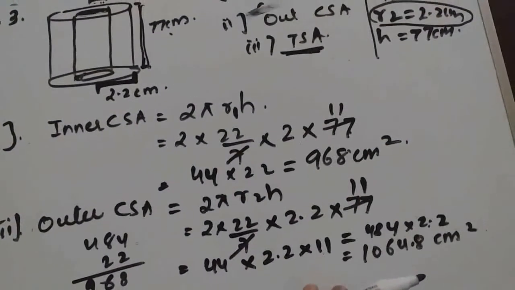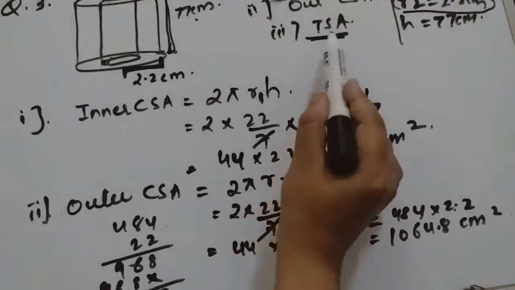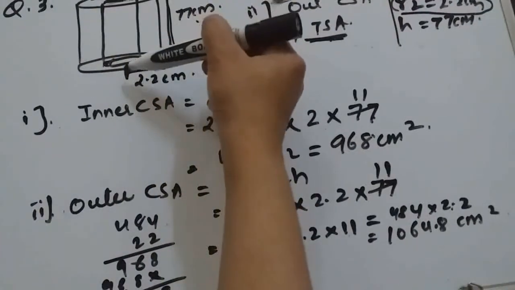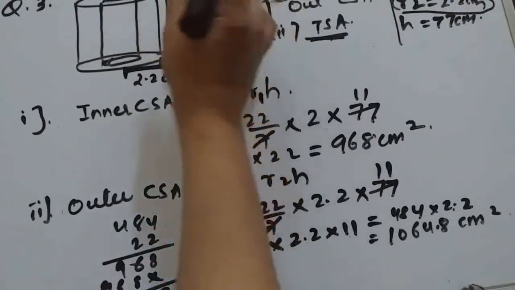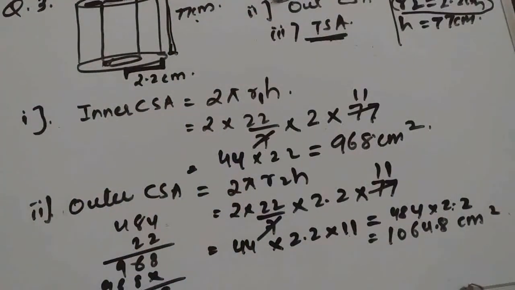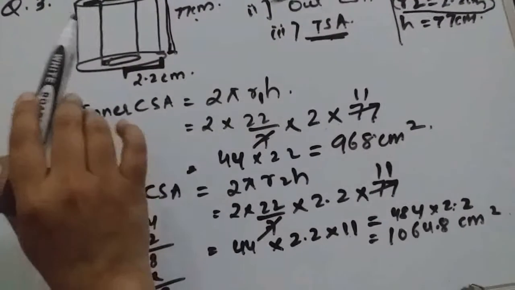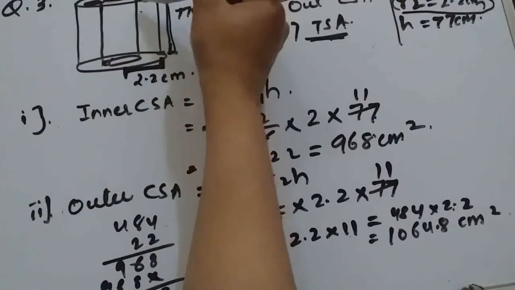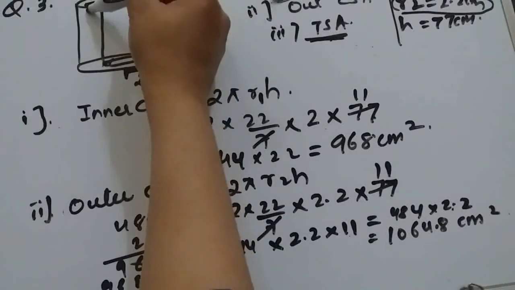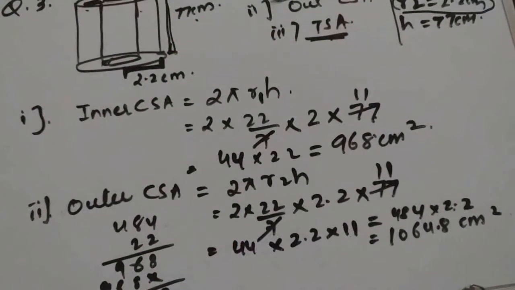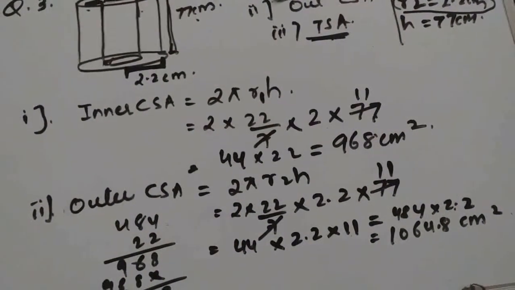Now to find TSA, see, to find TSA we have to be very careful here. TSA means this cylindrical pipe or metal pipe is hollow from inside. Okay, so what we should consider, only this thickness part. This thickness part we should consider here. So always remember what we can do. We can find area of the outer circle, okay, area of the inner circle, plus inner curved surface area plus outer curved surface area. Okay, I will show how to find.